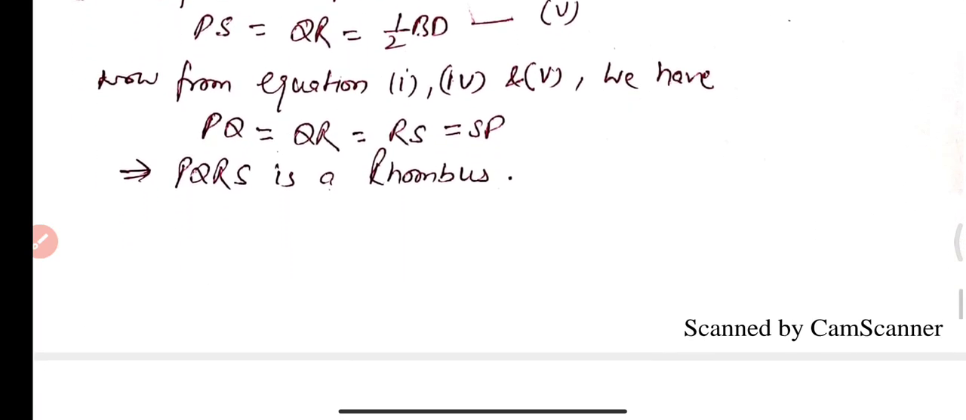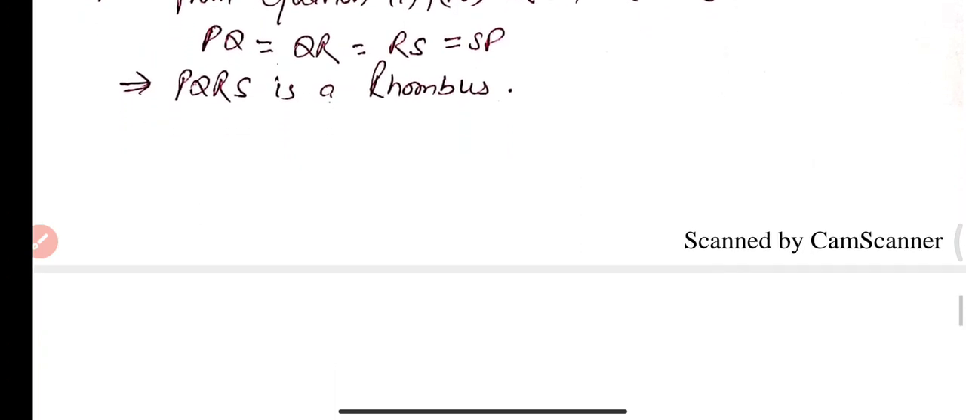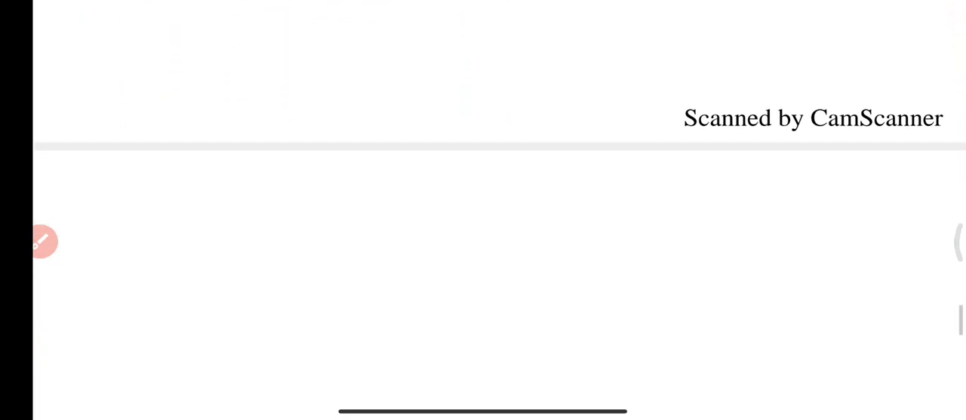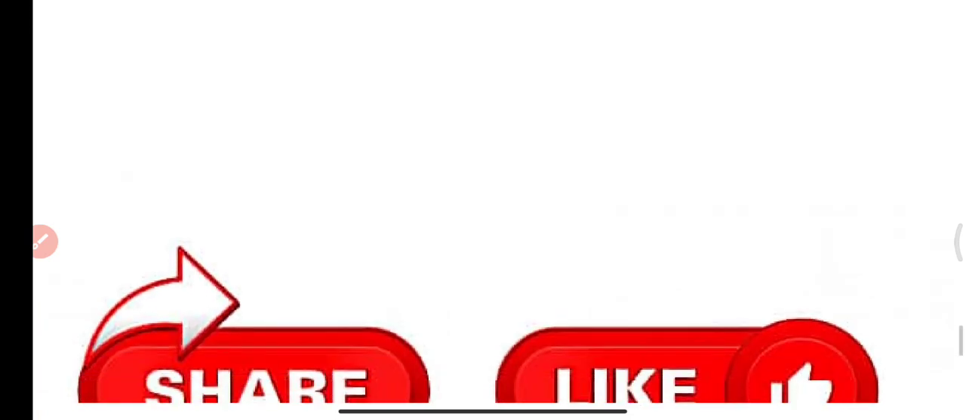Quadrilateral PQRS is a rhombus, and this is what we had to prove. This is all about question number 2, and this is all about question worksheet number